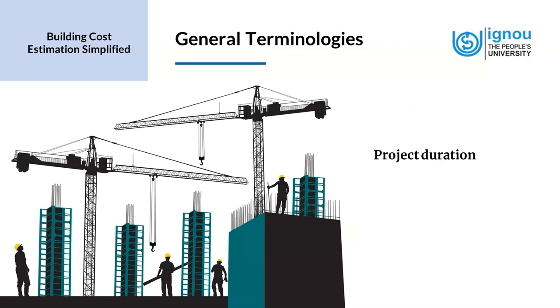The next term that we will come across is the project duration. It is the amount of clock or calendar time which is required to execute a work, activity or task. So whenever we estimate, we have a project duration in mind. So we say that, okay, this project is to be completed in 6 months, and we estimate accordingly. Now, when the project exceeds that particular project duration, it can have a bearing on the cost. So for this reason, project duration is very important for an estimator, for any project for that matter.